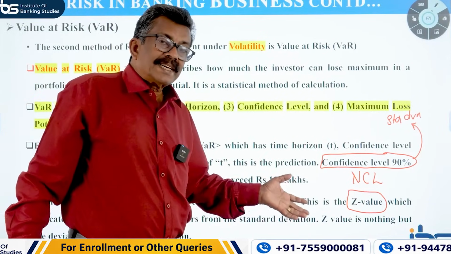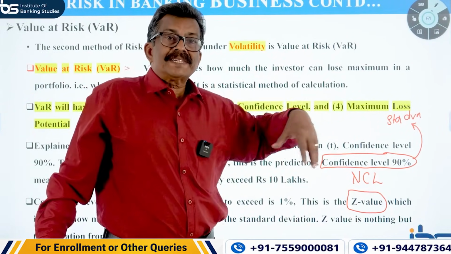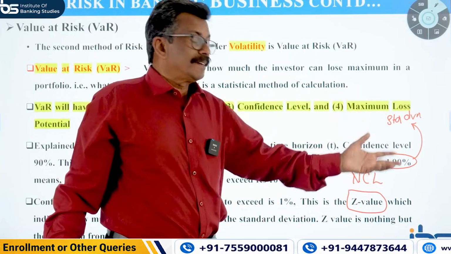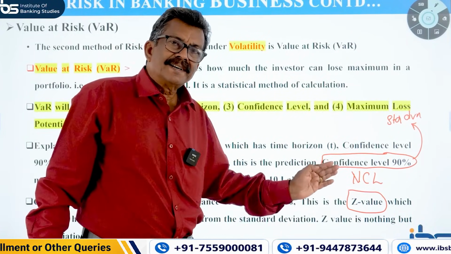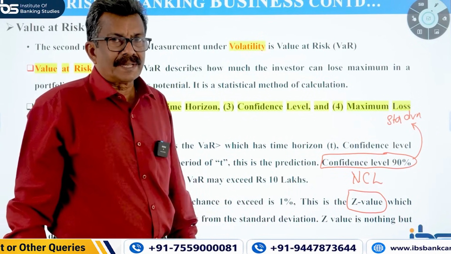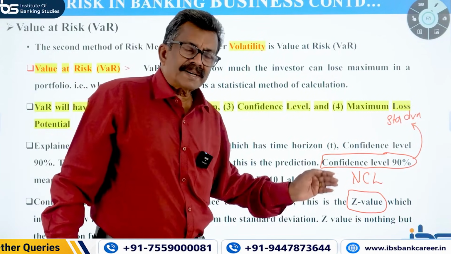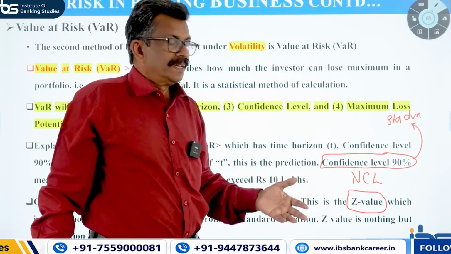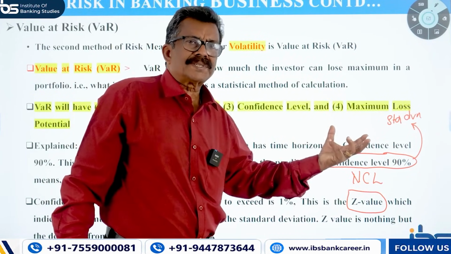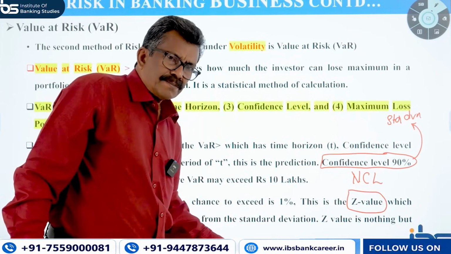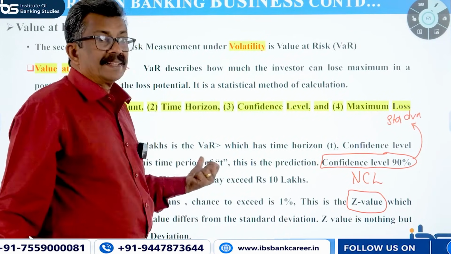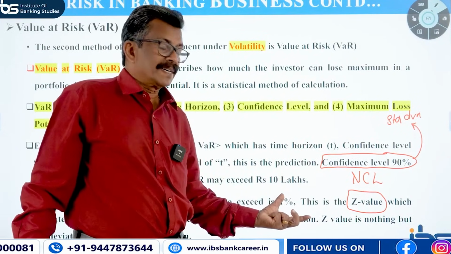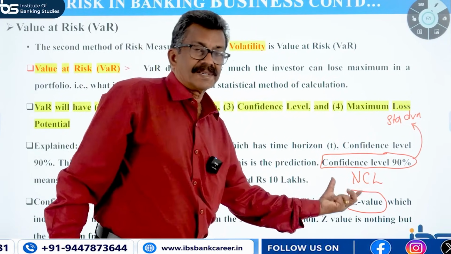So, what is the Z score? What is above the standard deviation, which is in excess of the standard deviation? Deviation above the standard deviation is the Z score. That is nothing but the non-confidence level. Hope you understood the concept. The Z score is nothing but the non-confidence level. What is above the confidence level is the non-confidence. The confidence level is the maximum loss which may pull your investment down to an extent of 10 lakhs here. That is the standard deviation. What is above the standard deviation is the non-confidence level, that is called the Z value in a VaR